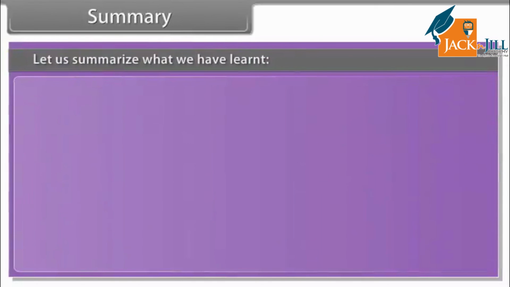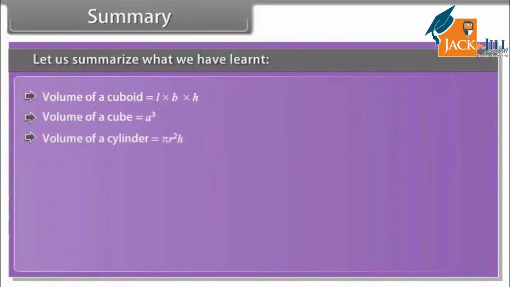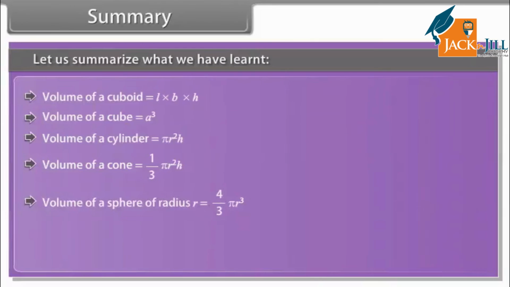Summary. Let us summarize what we have learned. Volume of a cuboid is equal to L into B into H. Volume of a cube is equal to A cube. Volume of a cylinder is equal to pi r square h. Volume of a cone is equal to 1/3 pi r square h. Volume of a sphere of radius r is equal to 4/3 pi r cube. Volume of a hemisphere is equal to 1/2